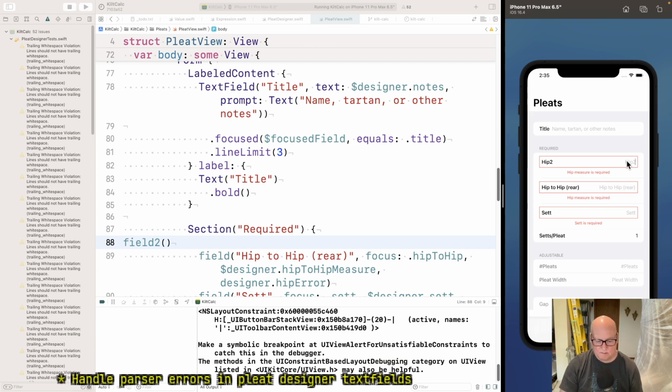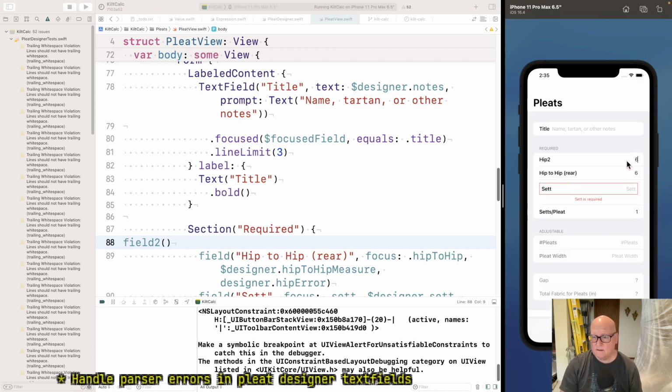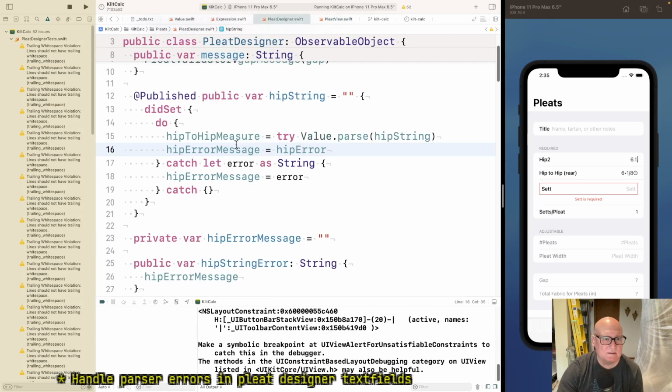Okay, so this could be 6.1 dot. Oh. Why are you not complaining? All right, let's.